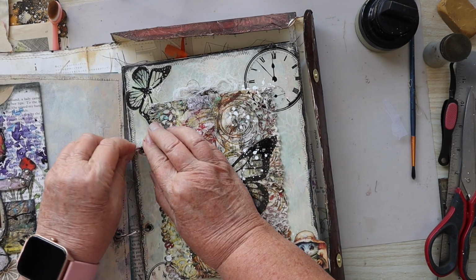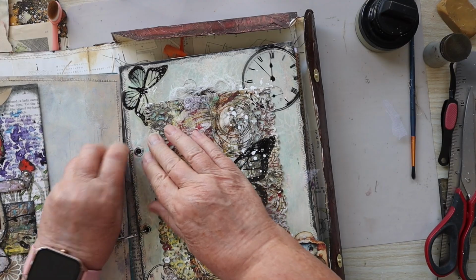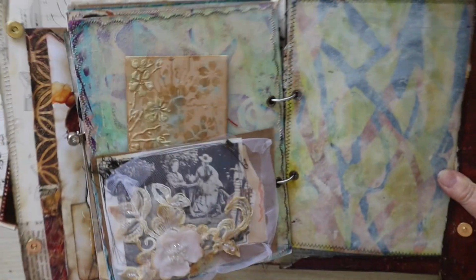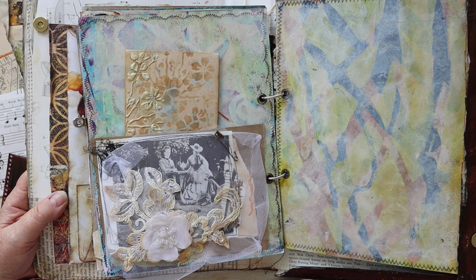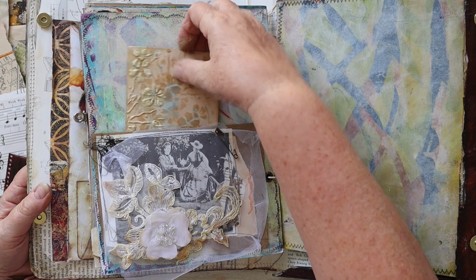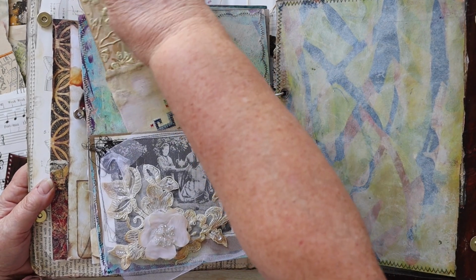I mean, I love this. I love this, but I love what I just made because it's simple. There it is in the book. Okay. Just got my tulle hanging off the edge there, my stained flower, my image in the background, and my envelope with my gold license in it there, and the antique handkerchief,